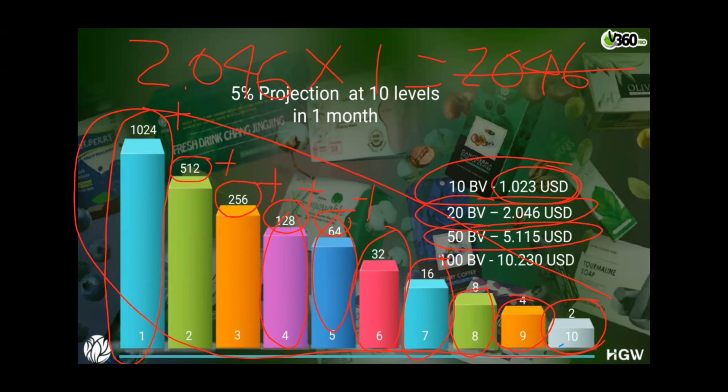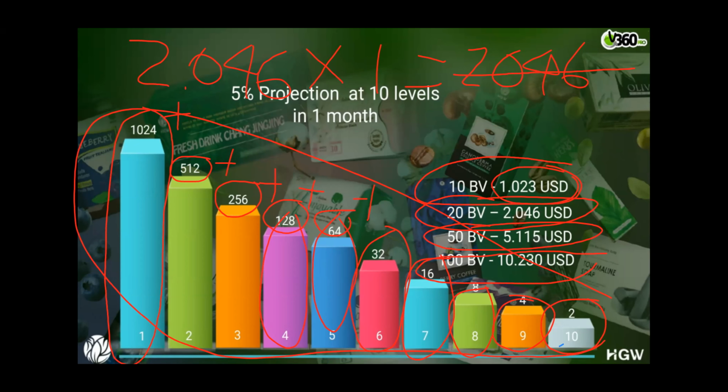Okay, upgrade is not calculated in this bonus. It's another calculation. Now imagine if your downliners purchase 100 BBs monthly, your profits will be